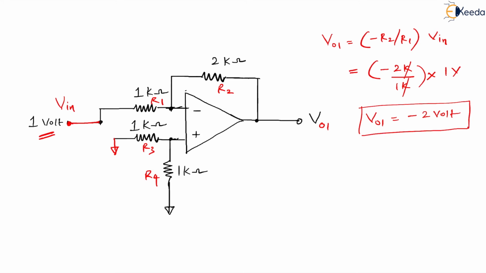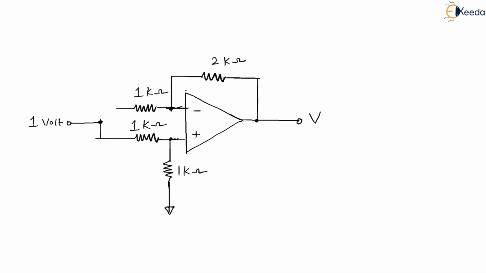On similar grounds, I'm called to calculate V02 as well. So in case number 2, what I have done is, only the non-inverting terminal is supplied this time, guys, and of course the inverting terminal is connected to ground. Let me assume this voltage as V plus. Why so? Because this is considered as V02 now, where V02 is nothing but the output voltage when the non-inverting terminal is supplied.